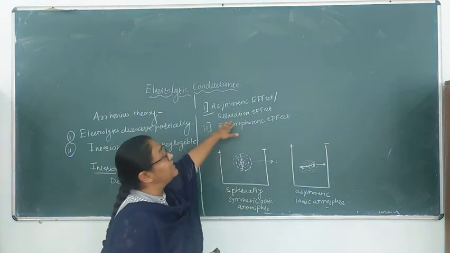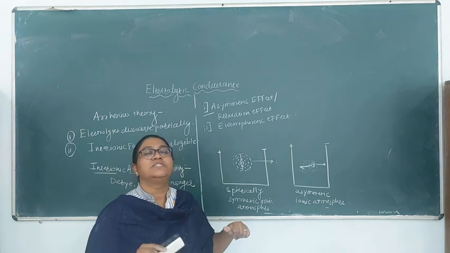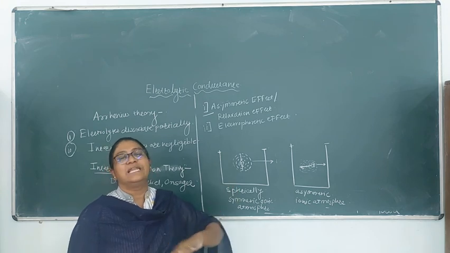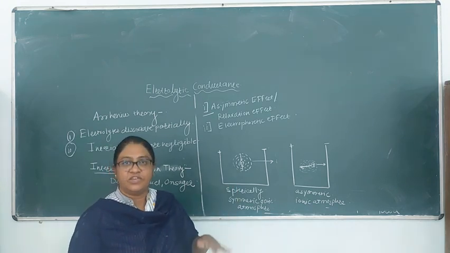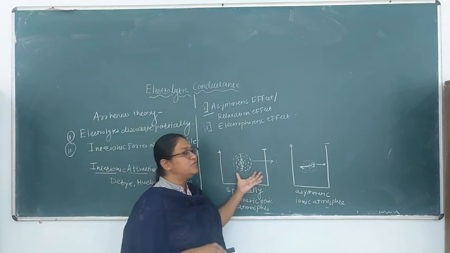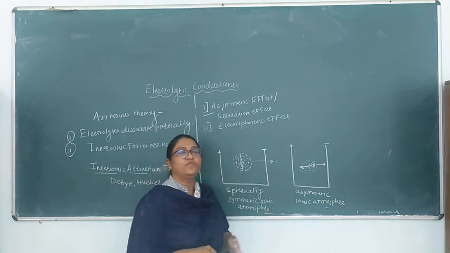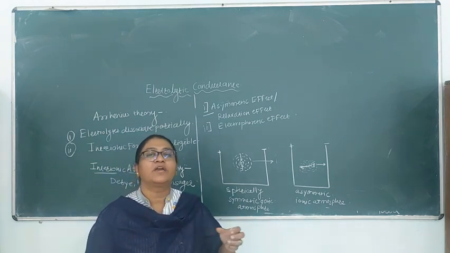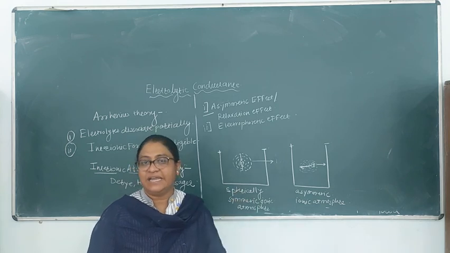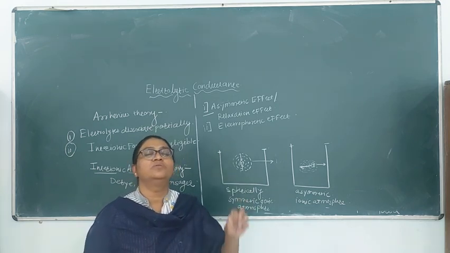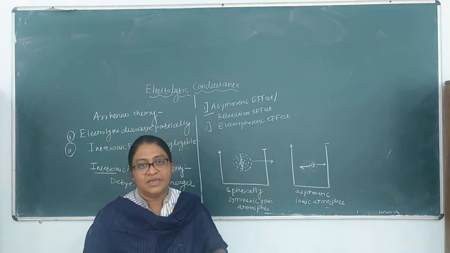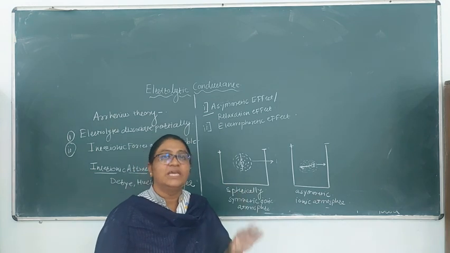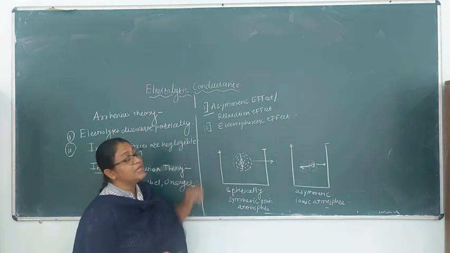So it has another name, the relaxation effect. The time which is required to regain the equilibrium position is called the relaxation time, and hence the name relaxation effect. So here the ionic atmosphere becomes asymmetric on the application of the electric field. Due to this asymmetric ionic atmosphere, a net backward pull is felt by the central ion, which slows down the velocity of the ion, and due to that the conductance of the solution decreases. Now the second effect, the electrophoretic effect.